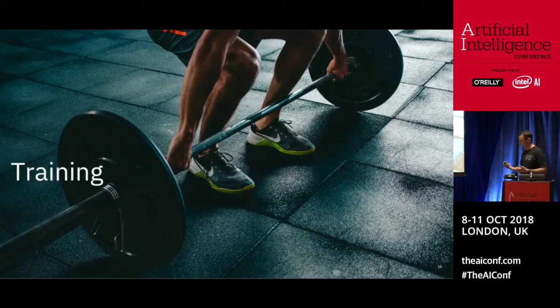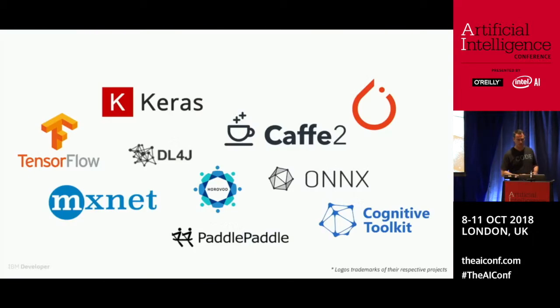So when it comes to training, much like going and training in the gym, there are many, many different ways of doing it. And in fact, there's an entire zoo of model frameworks and deep learning frameworks out there. And each one has their own way of dealing with input data, their own way of training and tuning, cross-validation, their own way of dealing with distributed training, GPU support and other accelerator support, model formats, serialization, the list goes on.